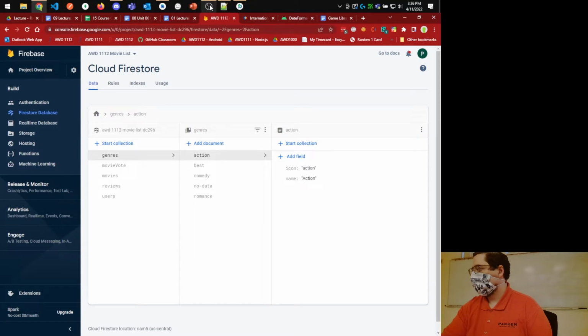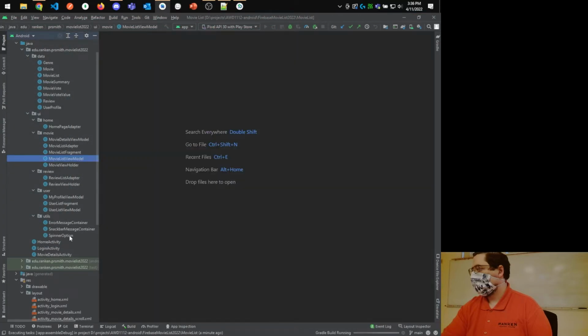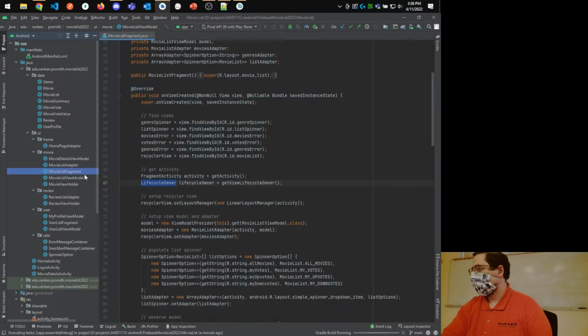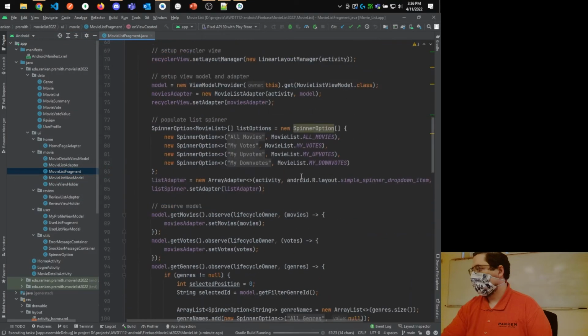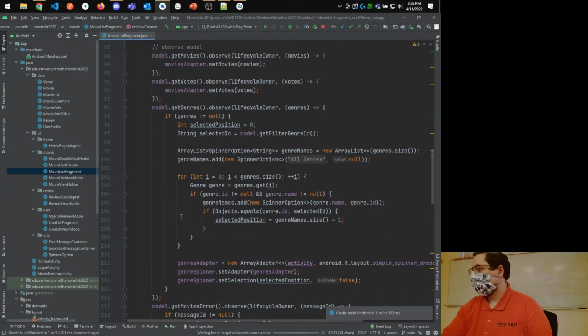So the good news with the genres, I think we already did it. I think if we look at the movie list fragment, we already translated it here. I guess it wasn't there. It was, oh, no, we didn't, right? I actually didn't change it. So here, I'm getting the genres from the database with their name and ID, using that to populate the spinner. So those are always going to appear in English,